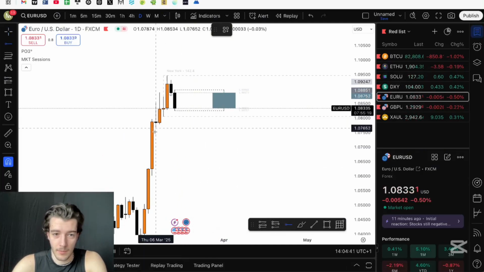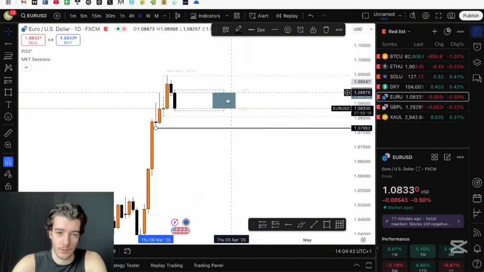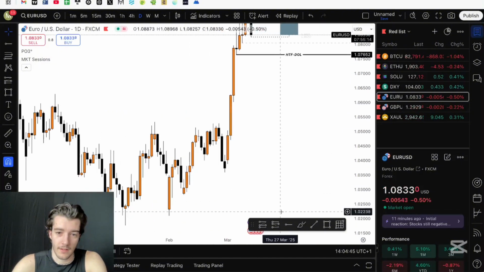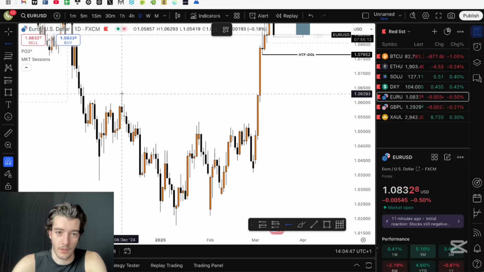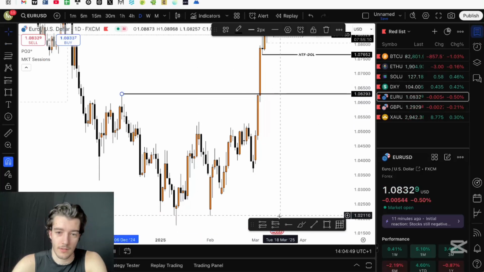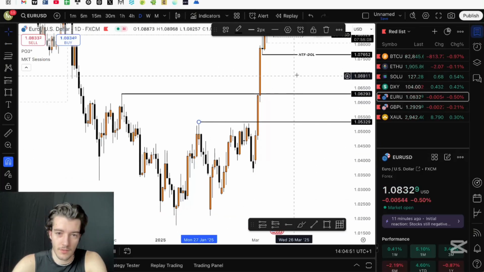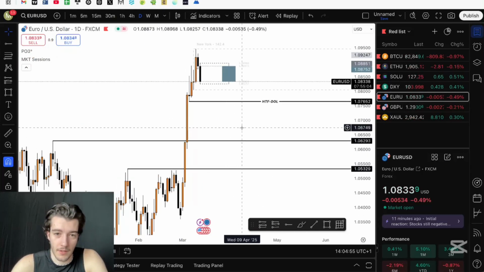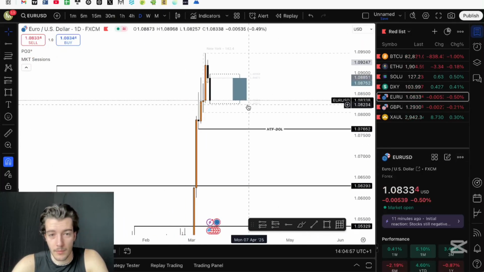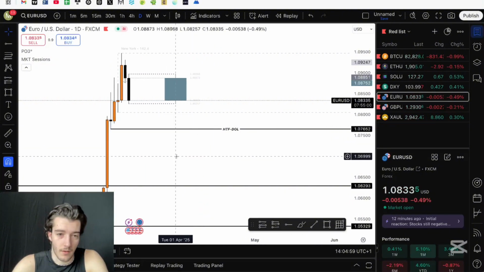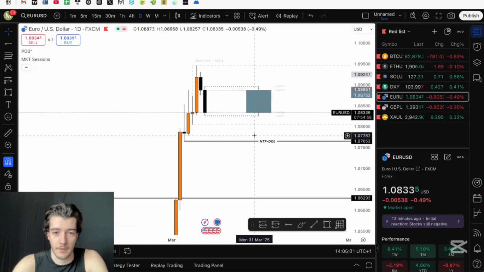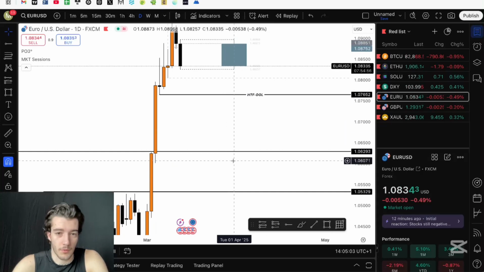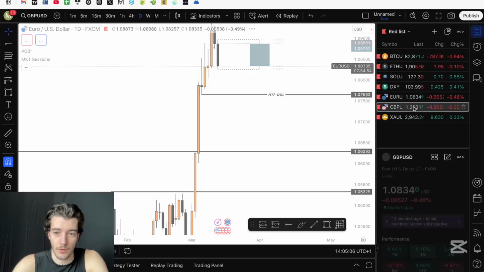And where are we likely heading towards now today? Maybe not today, but this is our high time frame drawn liquidity, this daily here, and then later we might want to come back into here, into this level, and also this breaker here in the upcoming days, maybe next week probably, since it's already Thursday today. I don't know if tomorrow we want to do such a big move or not.